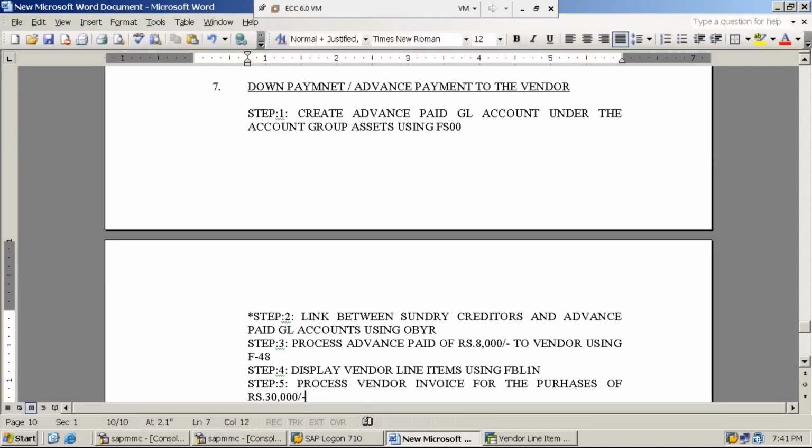You can take any amount, but it must be more than 8,000. Process vendor invoice for the purchases of rupees 30,000